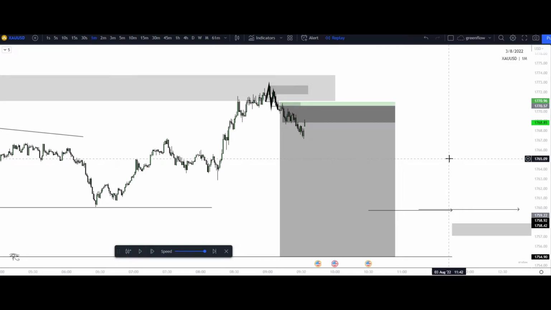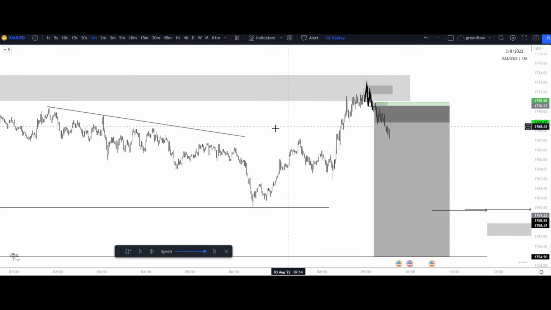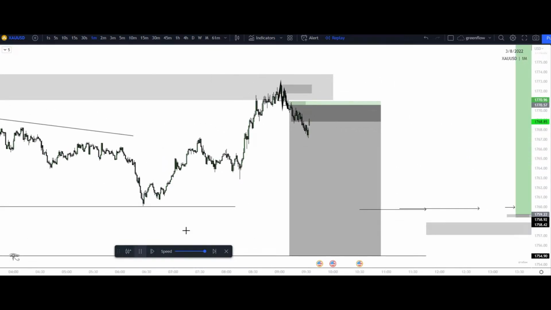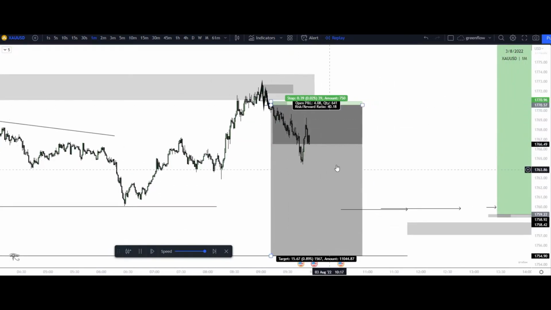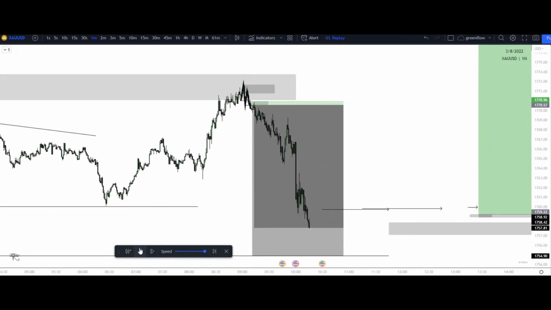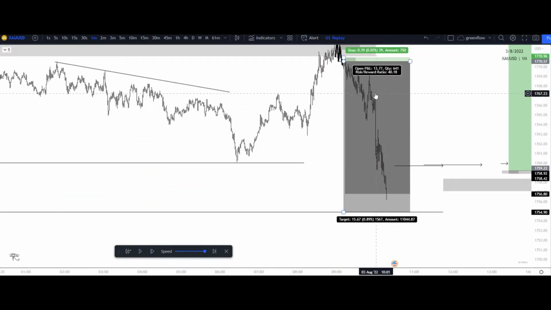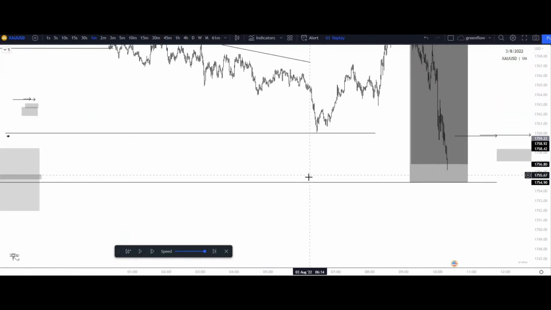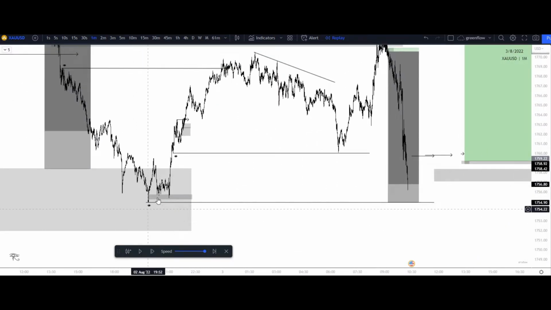Anything on its own will not work. Wyckoff on its own will not work. Structure on its own will not work. Supply and demand on its own will not work. We need multiple confluences to tell us everything that we need. So let's go ahead and watch what price does right here. Mitigates that supply candle, continues to make higher highs and higher lows, and then we see that final displacement candle to the downside, targeting that higher time frame liquidity that was presented right here, right, from this week low,